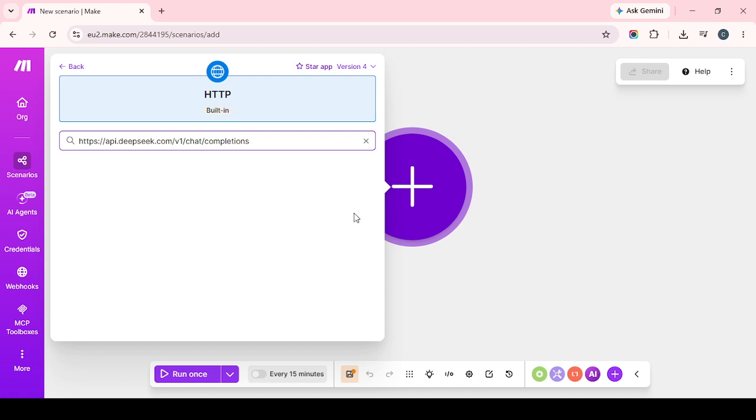Finally, schedule the execution time for the post. This gives you control over when the content goes live, which is useful